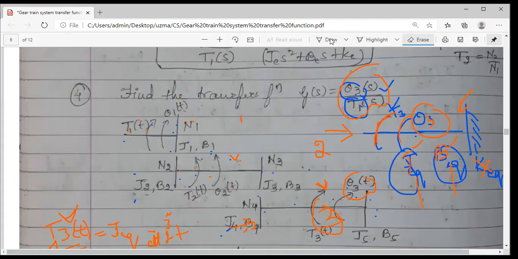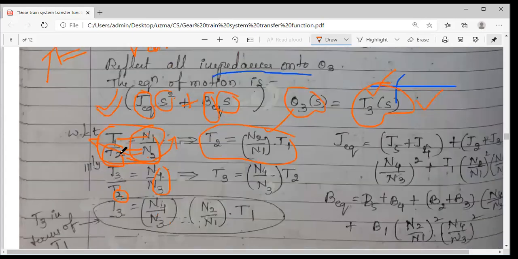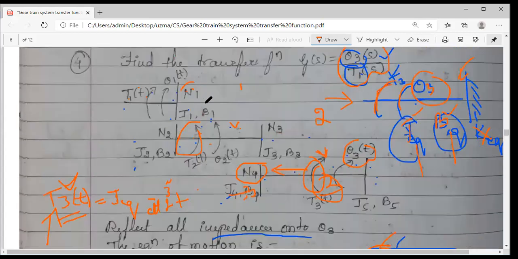Torque 3 by 2. Torque 3 is here, and torque 2 is here. If I take the ratio of 3 by 2, what is the number of teeth for this torque 3? The shaft, it is N4. So don't blindly assume that since I have taken T1 by T2, it is N1 by N2 directly. Why? Because here it is given N1 by N2. If I take some notation NT and NA, you should take it in that sense only. It is not a by-hearted formula. It should be N1 by N2. The notation here is what will change.